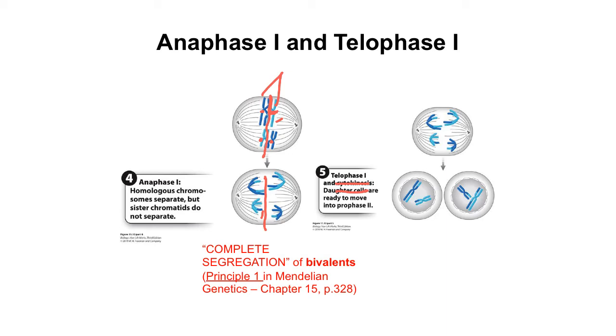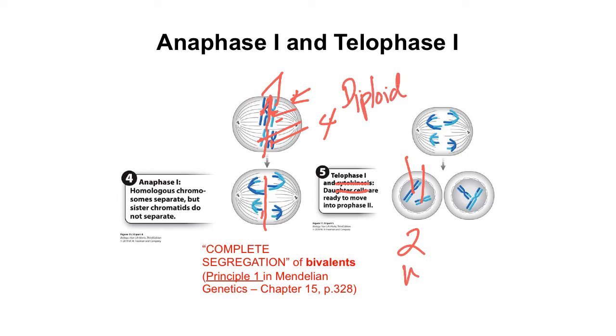If you count the centromeres in metaphase 1, you have 1, 2, 3, 4. Whereas after telophase and cytokinesis, you now have for each daughter cell 1 and 2. So you end up with 2, and this is diploid,